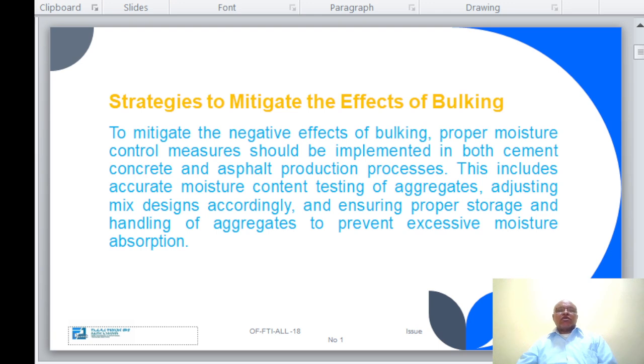By understanding the implication of bulking and implementing appropriate measures to mitigate its effect, producers can ensure the quality and performance of the final product. Proper storage, handling, and mix design consideration are essential in managing bulking and achieving consistent and durable concrete